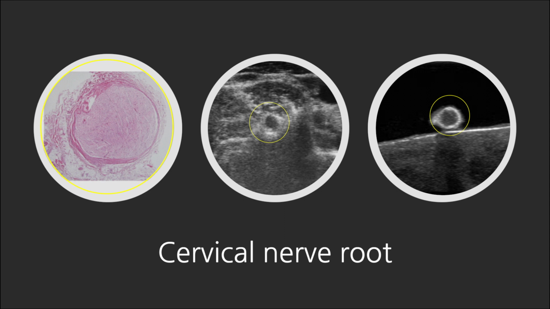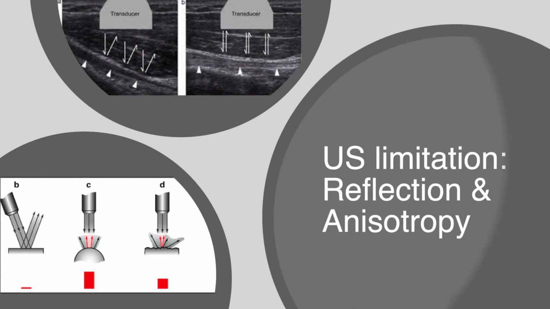I wondered about the reason for this echotexture 12 years ago. So, I harvested a cervical nerve root specimen from a fresh cadaver and put it into fresh water. It shows the same echotexture as the real ultrasound scanning. Reflection in ultrasound refers to the return of the ultrasound wave energy back to the transducer. This principle is what allows the image to be generated by the ultrasound machine.